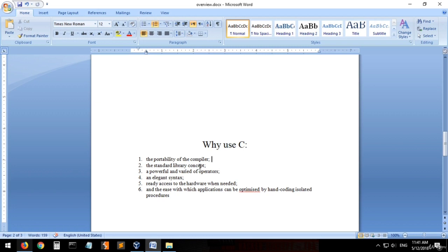Then the standard library concept: there's a library that we include to use it, which gives more performance. Also, a powerful and varied set of operators and elegant syntax, ready access to the hardware when needed, because it is a fast language. It is high level, but we can use it as low level, which is closer to the hardware, and the ease with which applications can be optimized by hand coding isolated procedures.